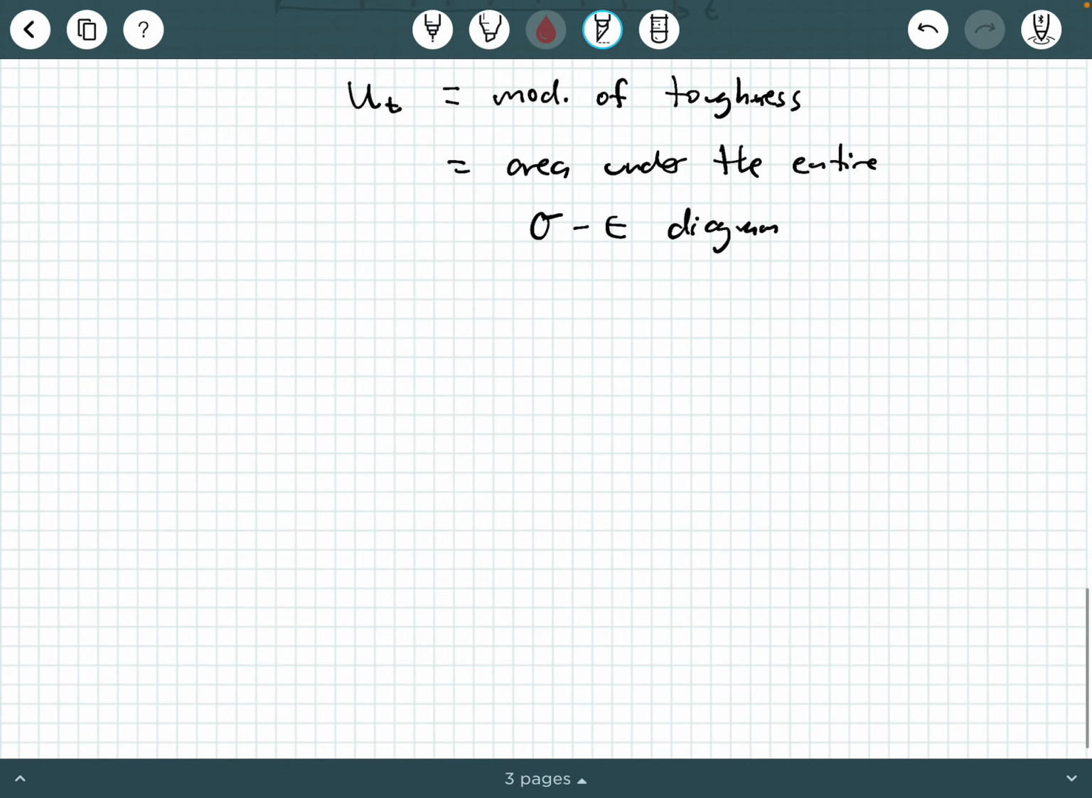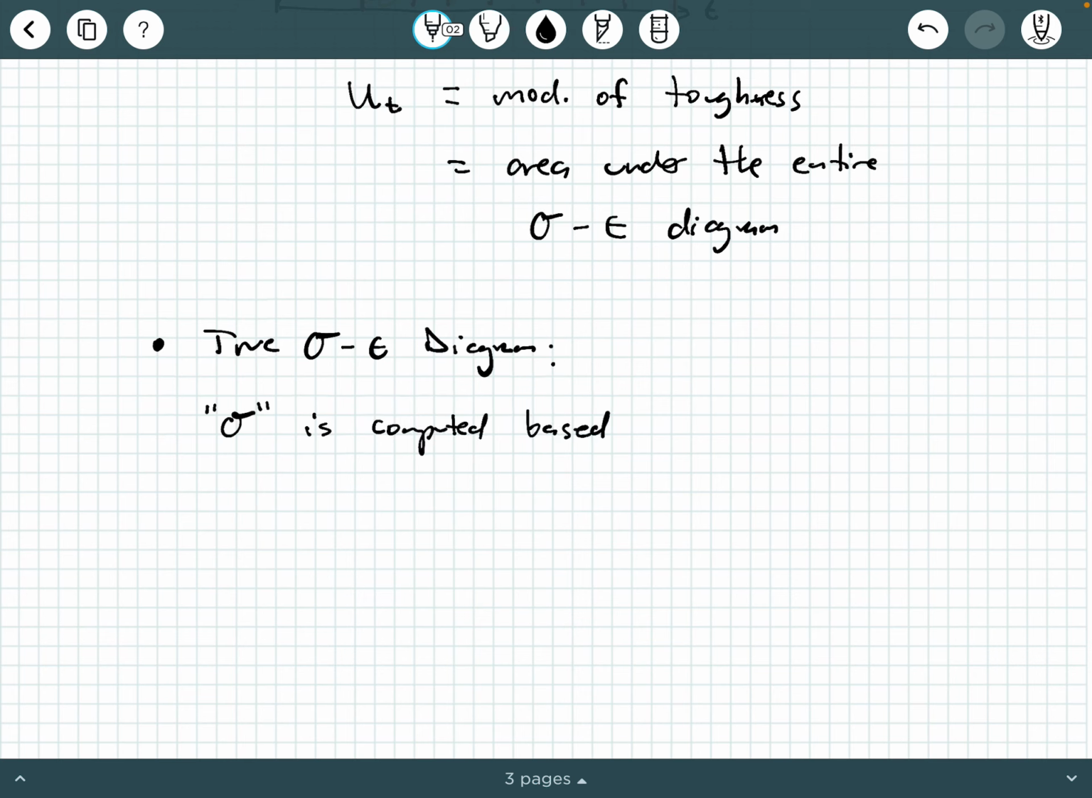The other type of stress strain diagram is what we call a true stress strain diagram. So let's talk just a little bit about that. Now in a true stress strain diagram, you can still get pretty much all of these same kinds of properties. The biggest difference is stress is computed based on an area, specifically a cross-section area value, and epsilon, so strain, is computed